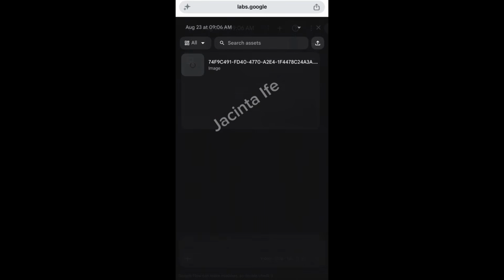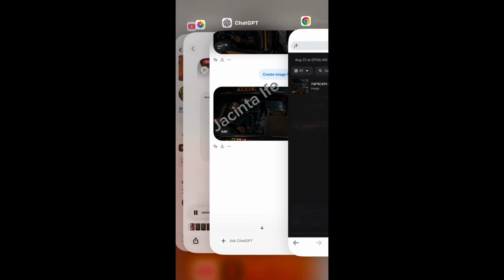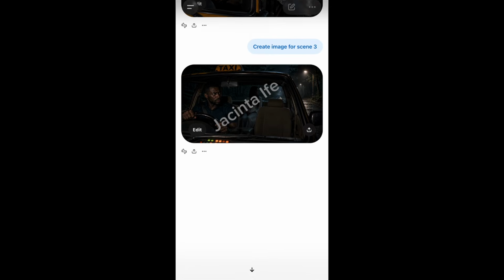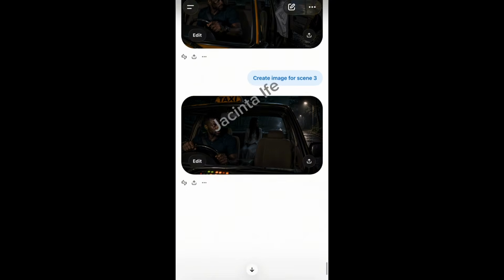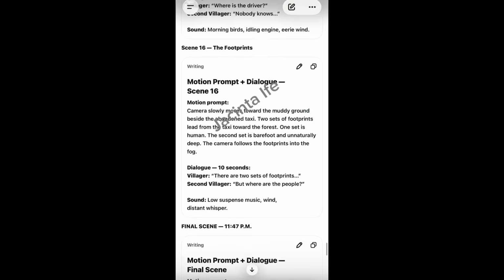So while the image is loading, we'll go back to ChatGPT to copy the scene 1 prompt, the motion prompt and the dialogue. We'll be going back to ChatGPT to copy scene 1 dialogue and motion prompts.